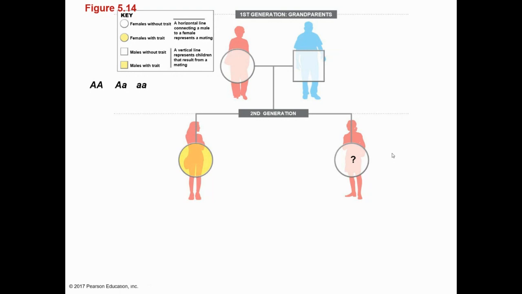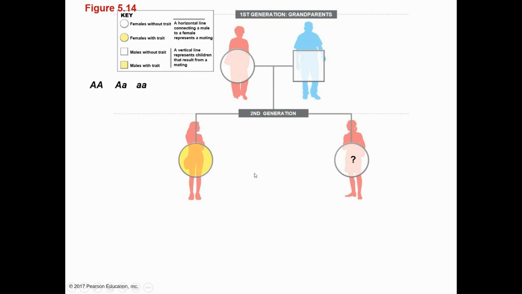So you're saying, I was thinking the same. Okay. So it's not two, for example, it's not two capital A's or two lowercase a's. Right, so we know that it can't be two lowercase a's because she's not shaded in yellow. I absolutely agree. But if it was two capital A's, it still wouldn't be with that trait, right? Because it's two dominant. Yeah, two capital A's would still be colored in